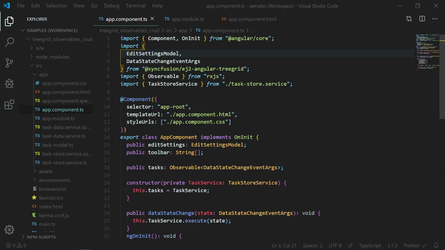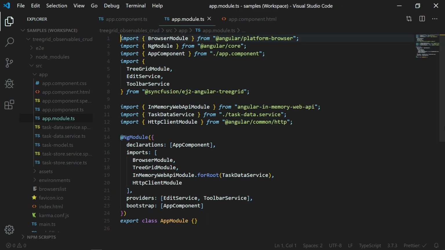In this sample, I am using the same sample which was used in the binding observable data to an Angular Tree Grid video. All the necessary TreeGrid modules, like toolbar service for showing the CRUD UI in the TreeGrid toolbar and edit service for editing the TreeGrid data, are bound to the TreeGrid with observable data.